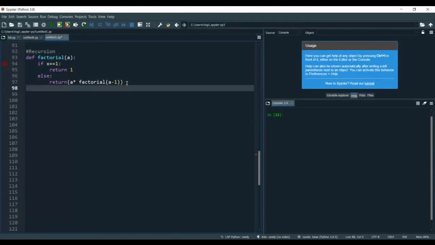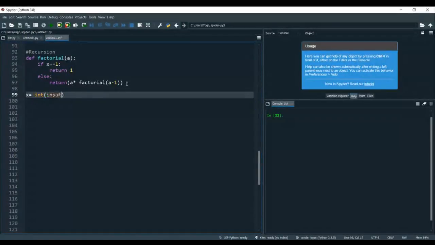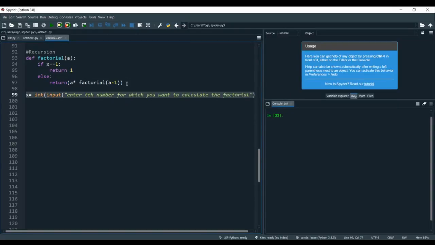Okay. So x is equal to input, I'm taking the input from the user: enter the number for which you want to calculate the factorial.